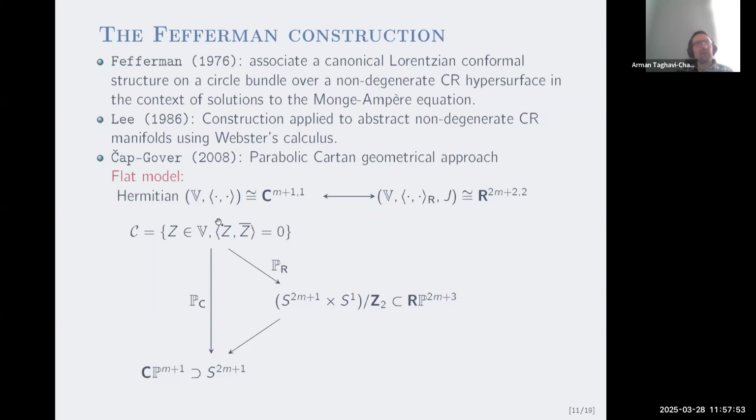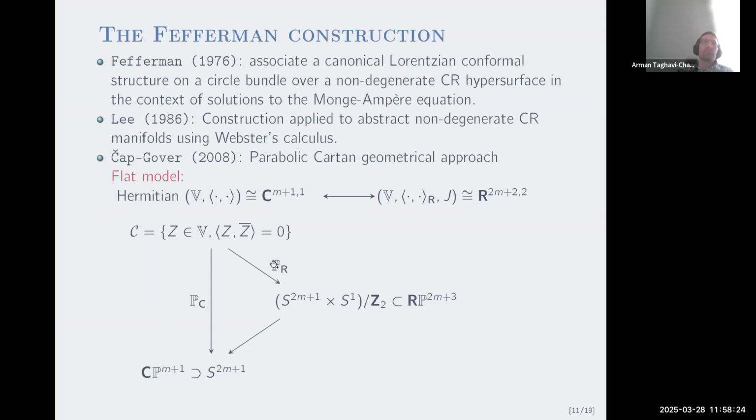So instead of thinking of this cone as a cone of complex null lines, I think of it as a cone of real null lines with respect to this symmetric bilinear form. And if I take the projectivization of this, so the space of all these real lines, then I recover the flat model for